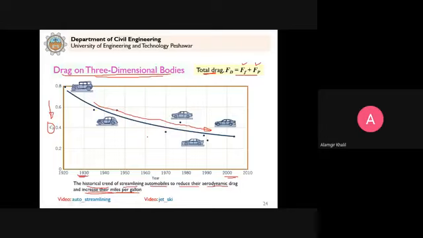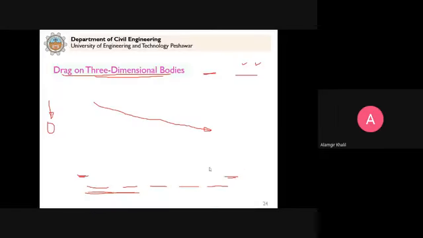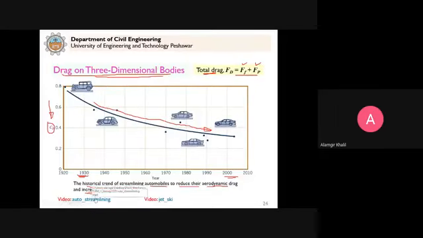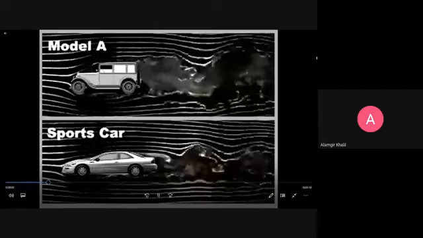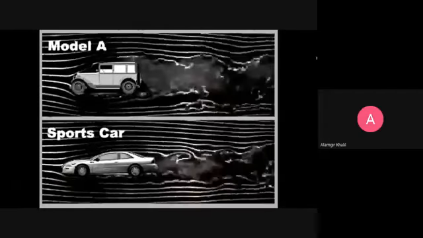So now I show you a small video. You can see the difference of this streamlining. So you can see that in model A, the shape, more drag will be created on the body,